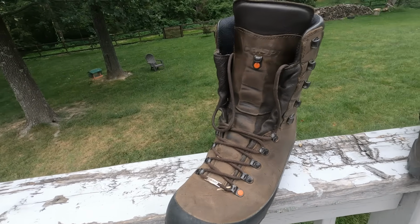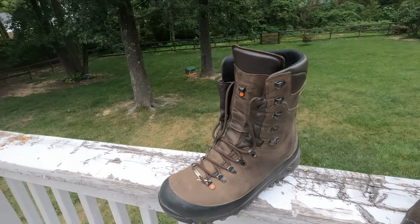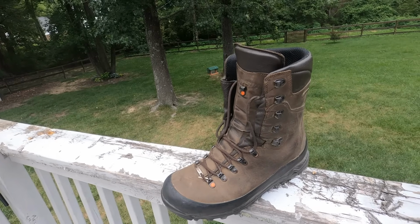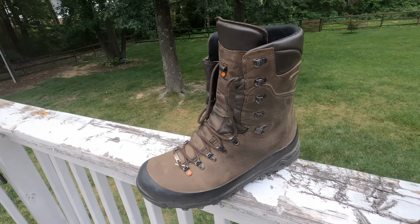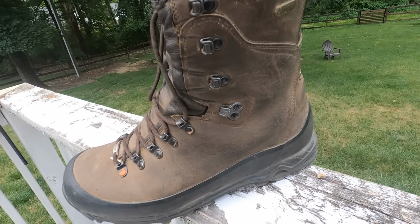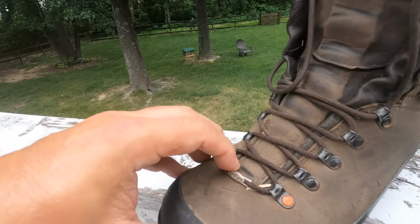It's not a big deal to me because it's not like I'm shredding the laces on them, and these are my second oldest pair of boots. But it is definitely a little bit lower end hardware than some of the others. The vamp is one piece, and it goes up fairly high. So if you see that as an advantage, these definitely have one of the higher vamps. And it is a one-piece tongue,